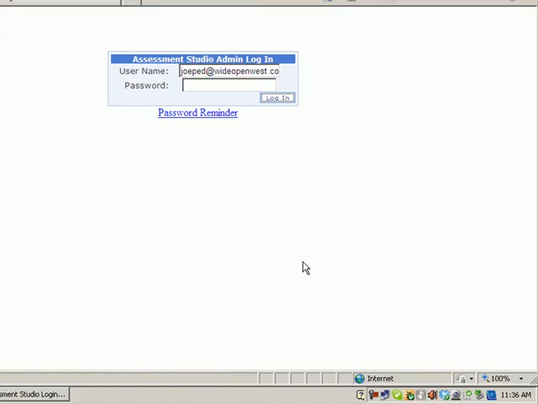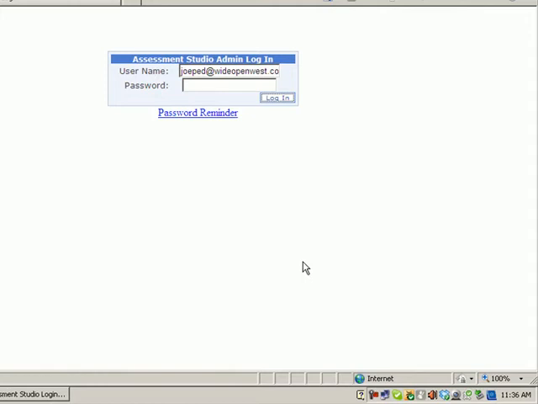Now I remind you that in the no-name school there was just one teacher, and that's Mrs. Brown. We know that in most cases there would be many more teachers and classrooms inside a school, but for demonstration purposes and simplicity, we will just use Mrs. Brown as the teacher inside the no-name school. And in the no-name school, we've appointed a principal. It's going to be myself, Joe Peterson,